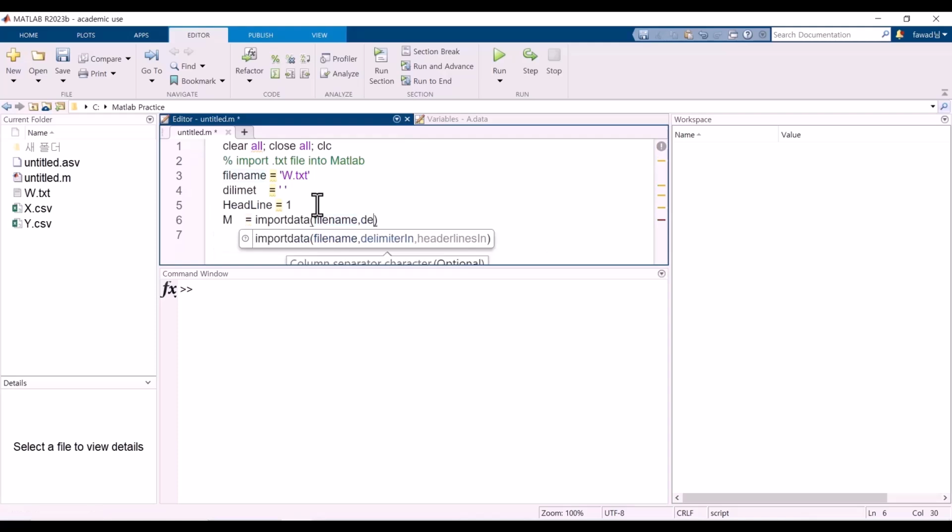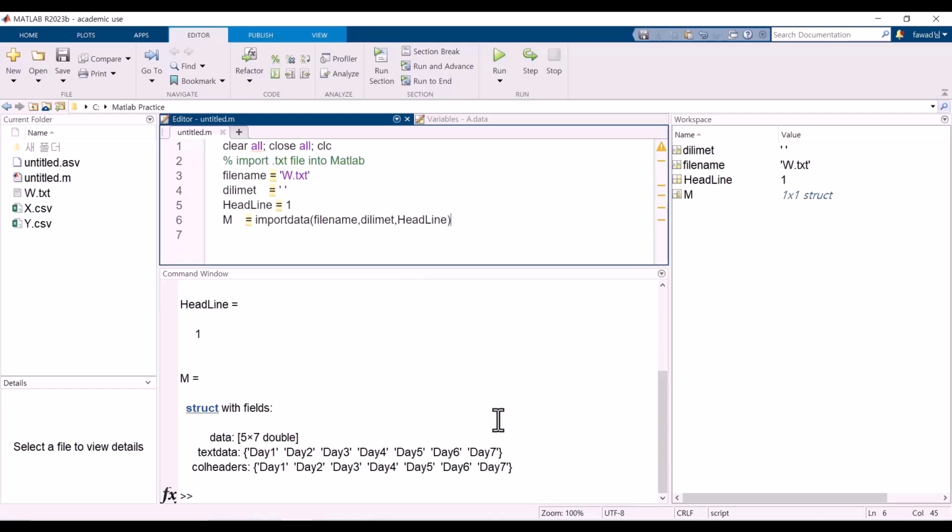Then I will write the name of the delimiter. In this case, the delimiter is named as delimiter. And then I will put the header line, which in this case is headline. When I run this code,